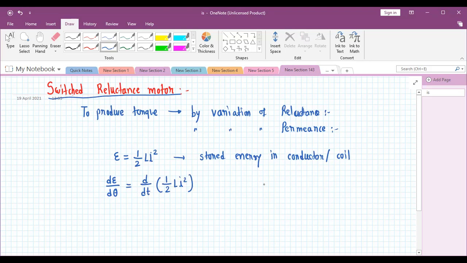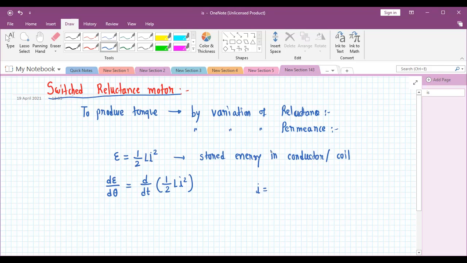Here the current is an independent variable. Why is it independent? Because of how we are injecting the current. We have just seen the basic structure of the SRM. There is a rotor, which is also a salient pole structure, and we have a stator. In the stator also there are poles. On the pole, what are we doing? Applying current. We wound a winding, or coil, and we apply a current. That current is coming from a source.